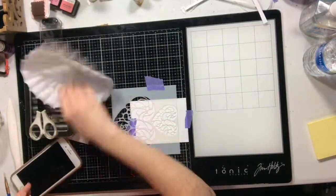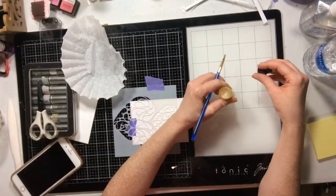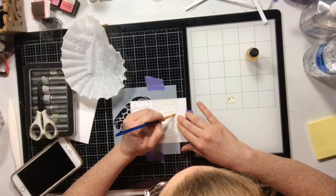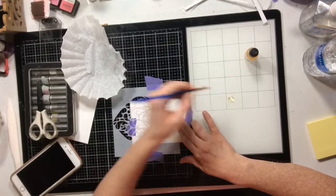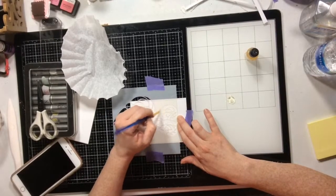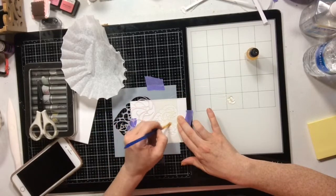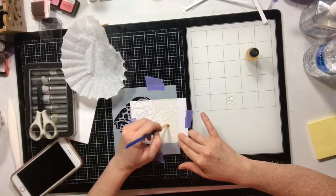card base so it doesn't move, and then I'm going to take a little bit of re-inker. I'm going to put just a little bit on my mixed media mat. I probably put too much there, and I'm going to paint over the stencil. So did this work? Not perfectly, but I wanted to show you how I'm going to kind of fix it. A lot of the embossing powder kind of leaked underneath the stencils, but that being said, I want to do